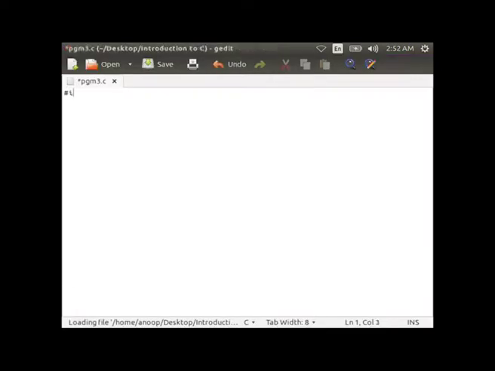#include <stdio.h>, then declare the union book within curly braces, char title of 50, char author of size 50, int price, then close the curly brace, semicolon.